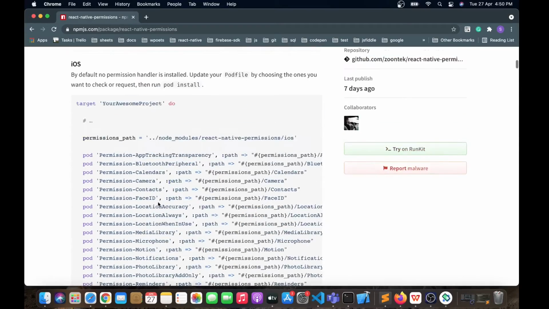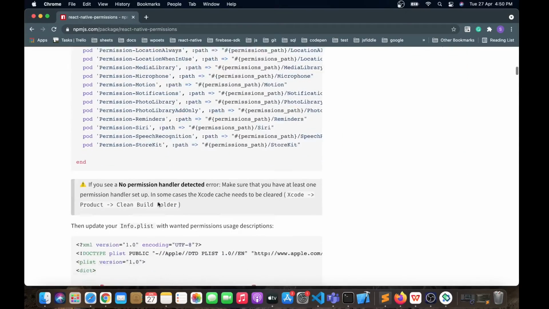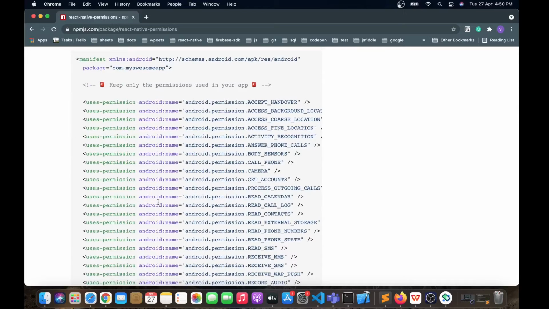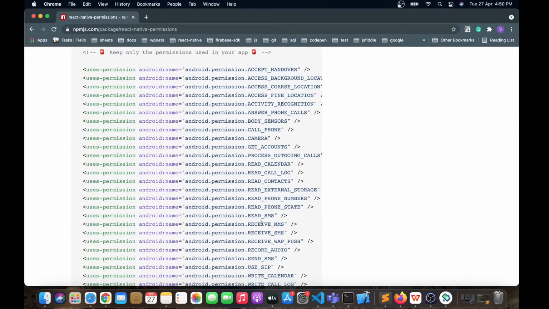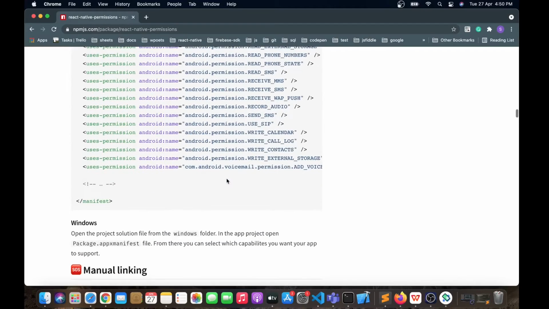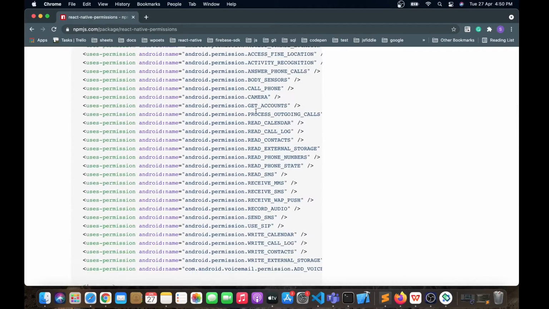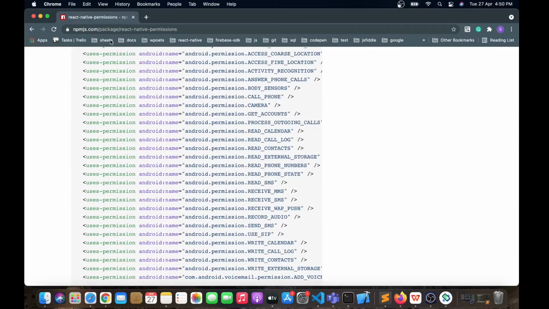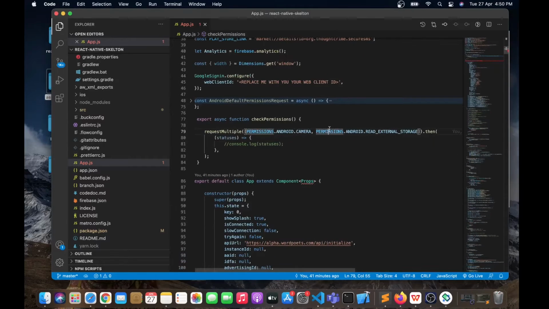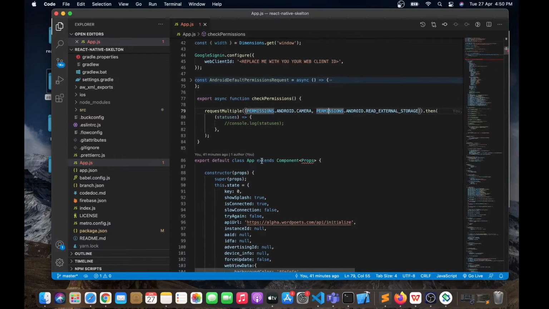So we can use these permissions in our code, and we'll be able to ask the user for those permissions, like permission for camera, like this. So you can configure it over here, and it will ask for the permissions.